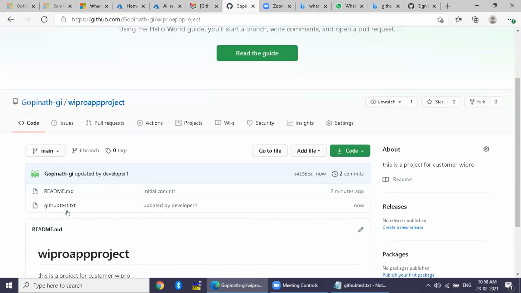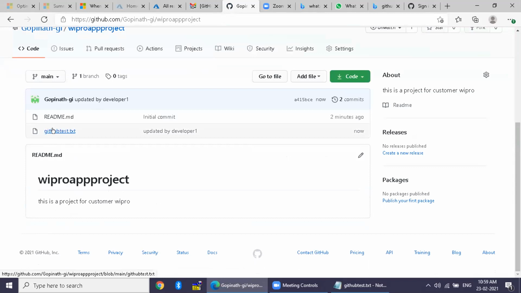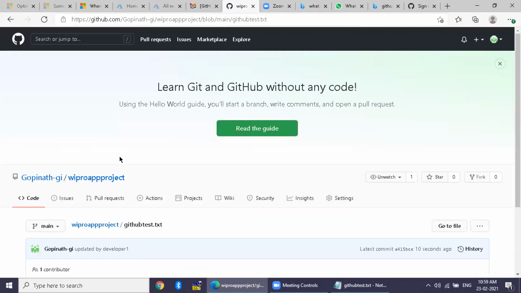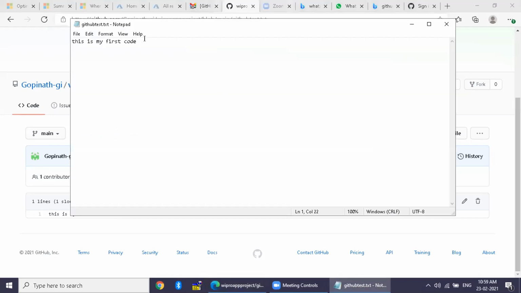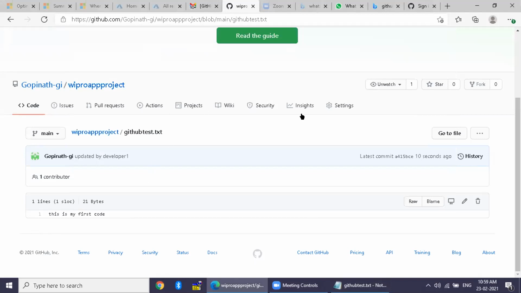When you click this file, you are able to see the content. Correct? Right? Now let's update the same file. Just put another line: this is a second code. Upload it again. Go back to your code.